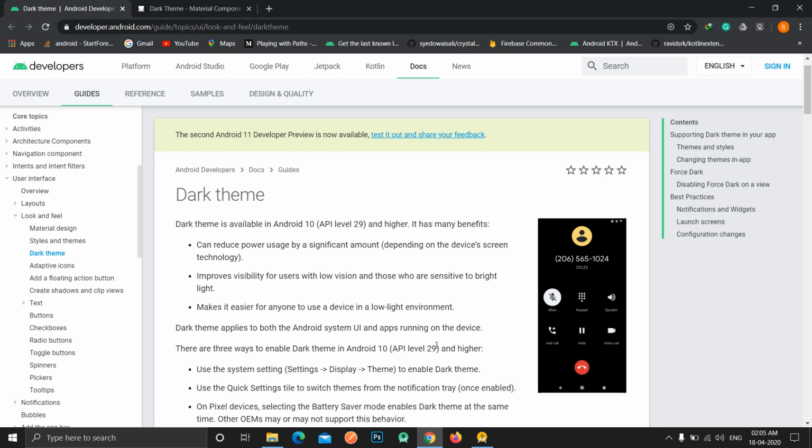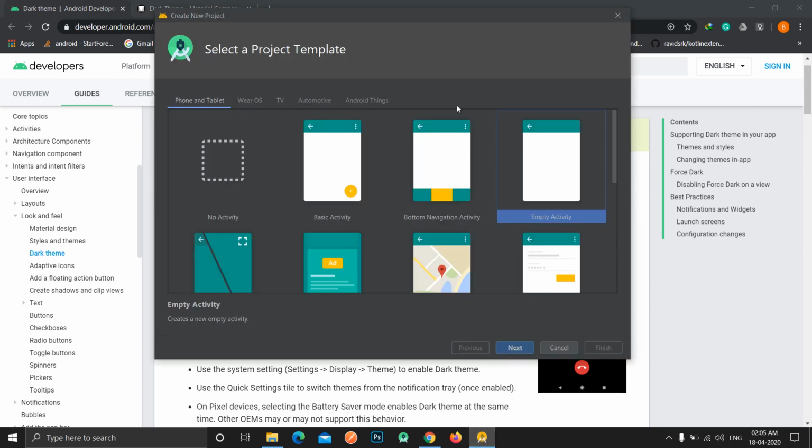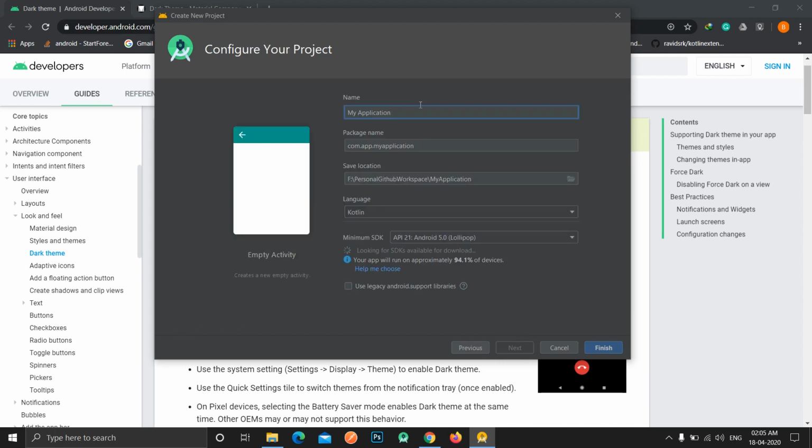We will not be going to the theoretical part, and we will directly see in practical how we can implement this. First of all, we will create a new Android project in our Android Studio. Select an empty activity, click next, and create a dark theme demo, we can say.